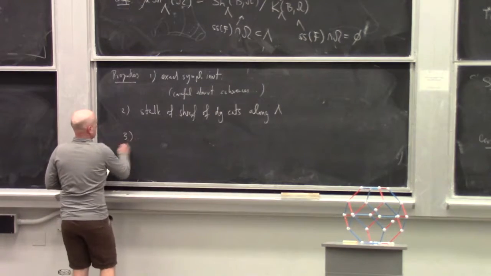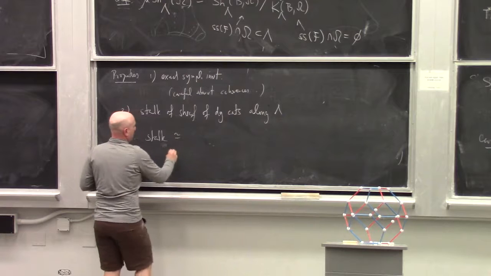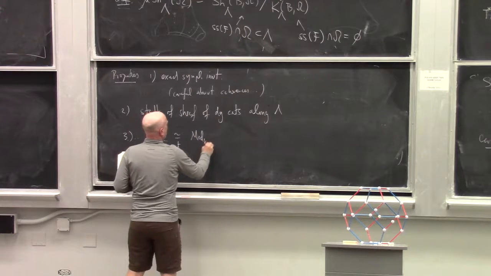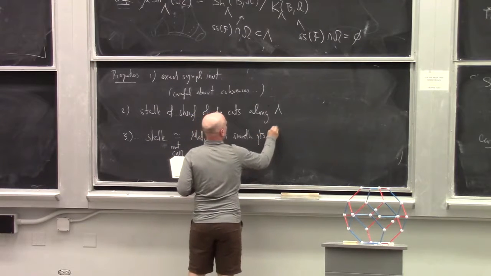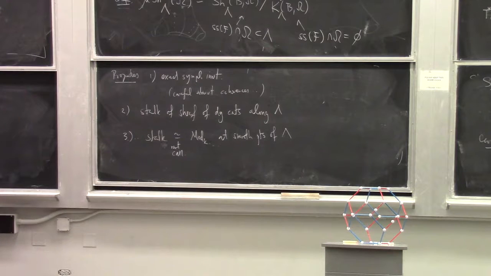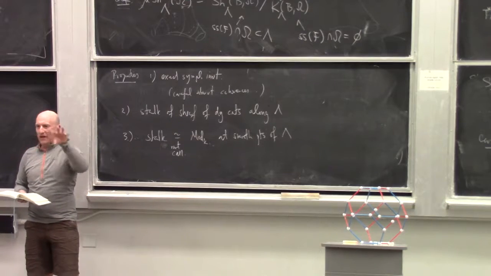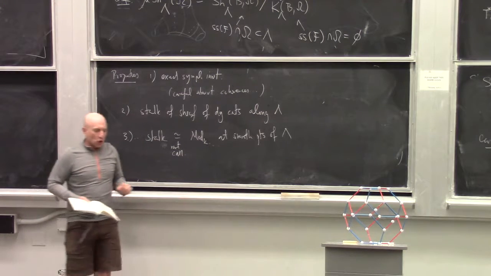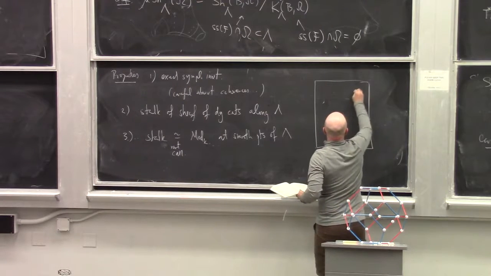And then the third one is that the stalk is equivalent, not canonically, but at least equivalent to DG modules over K at smooth points of Lambda. So after 2, you mean this is a global section of a sheaf of DG categories along Lambda? No, the way I told it to you is I told you to take a small conic neighborhood around a point. So at each point, this is a definition of a category. And now I'm telling you that in fact there is a sheaf of categories so that these are its stalks. Let me give you the standard thing to be concerned about.